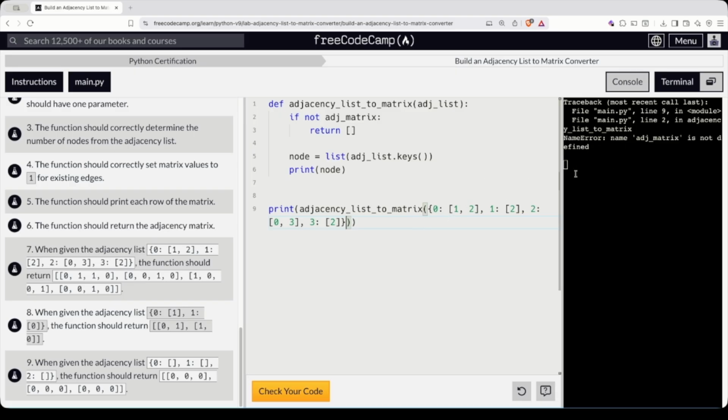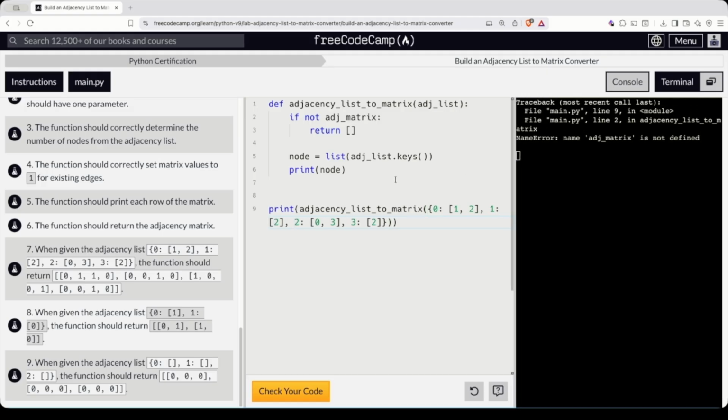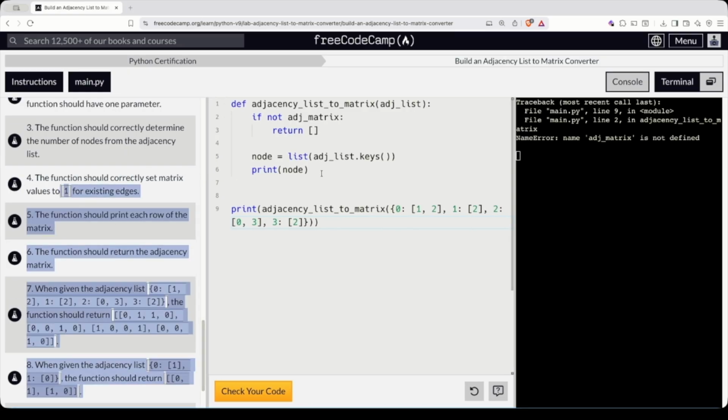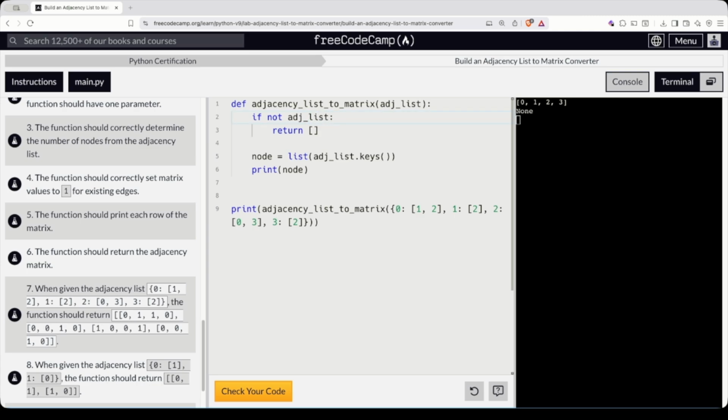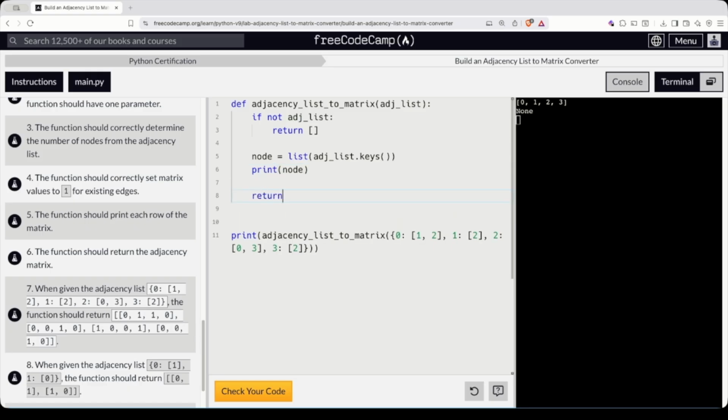So this matrix is not defined. Let's make this narrower. Line 2 or 9. It's missing one argument. Oh, it's adj list. See? List. So there we go. We got our nodes 0, 1, 2, 3. We return none. So we want to return